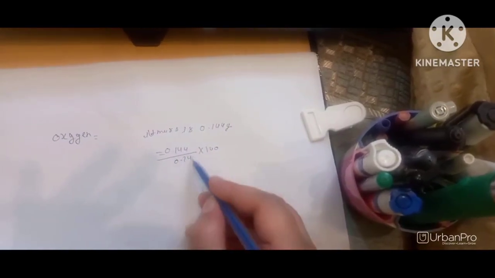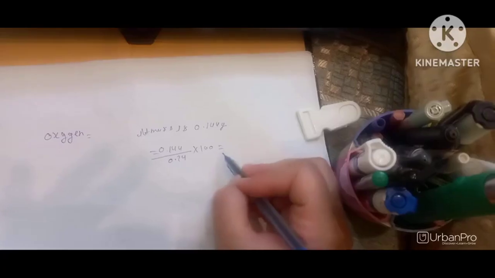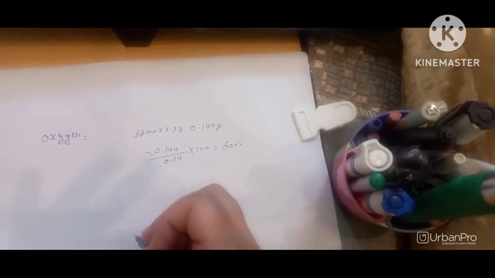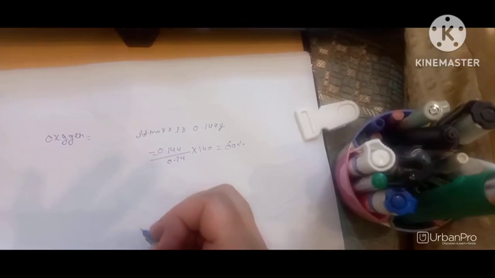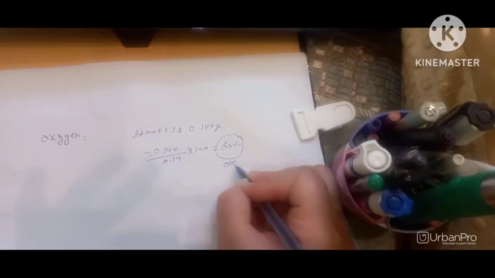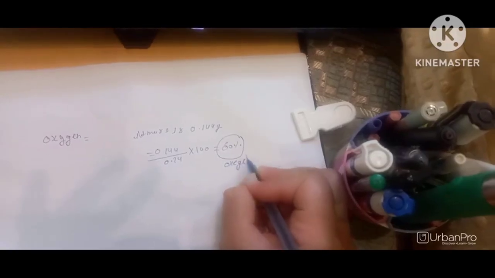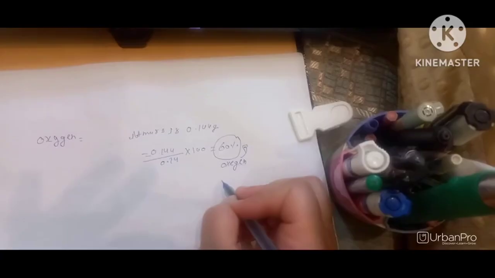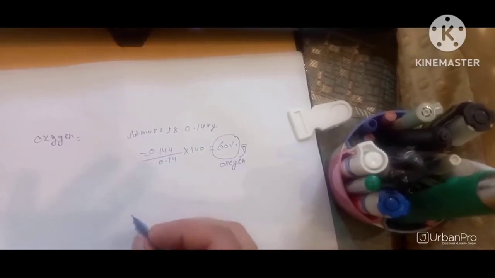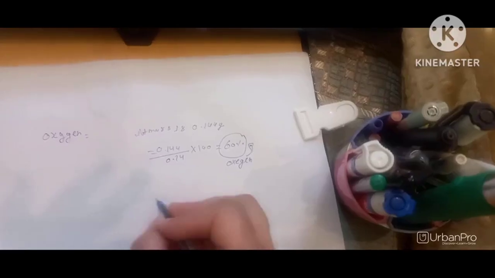When we calculate this value, this will be equal to 60%, right? So the percentage of oxygen is 60%, right? Therefore, the percentage composition of the compound is